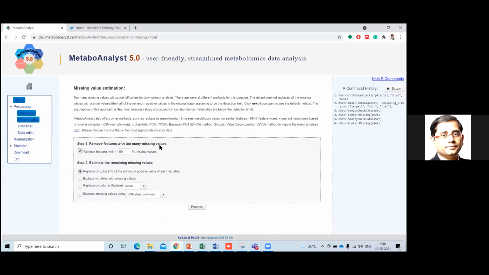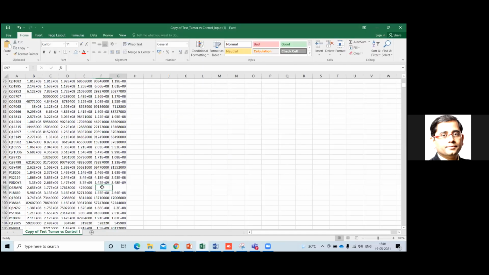We need to be sure that whatever missing values we are putting should be correct. It should not happen that in all this data, for example in 97, the data is not present, and on the basis of that we are filling it in, because it might happen that this particular data is false or not correct.